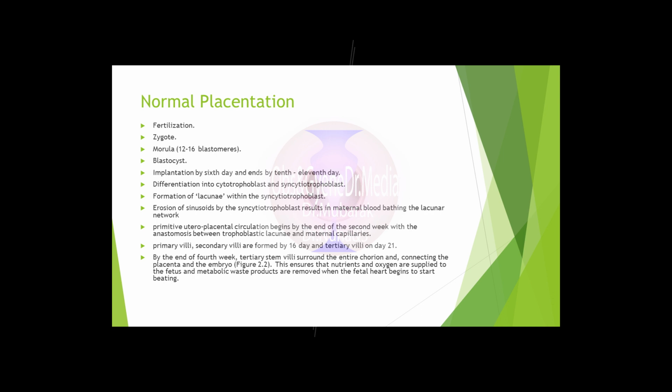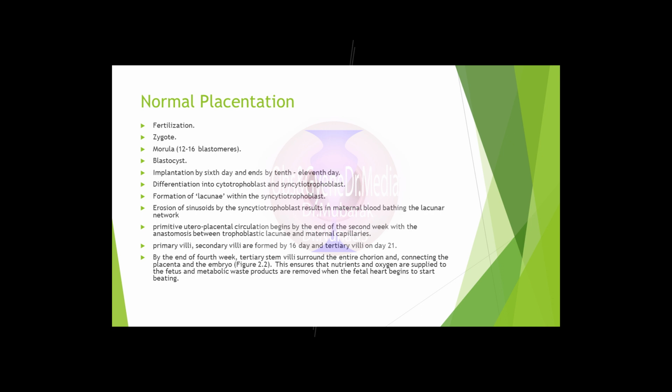Enzymatic corrosion of uterine glands liberates their contents for nourishment of the embryo, together with the glycogen provided by the stromal cells. Maternal vessels at the implantation site, branches of spiral arteries and endometrial veins, dilate and form internal sinusoids. The erosion of sinusoids by the syncytial trophoblast results in maternal blood bathing the lacunar network, allowing the exchange of gases